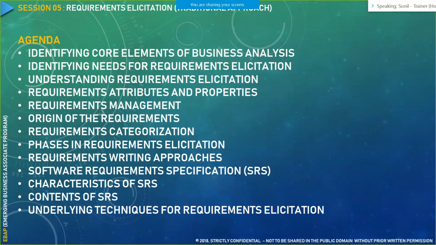We would understand its characteristics and contents, and this would also be your assignment for today for preparing a requirement specification document based on the project work that I have given. And at the end, we would understand what are the underlying techniques for requirement elicitation. So before beginning,